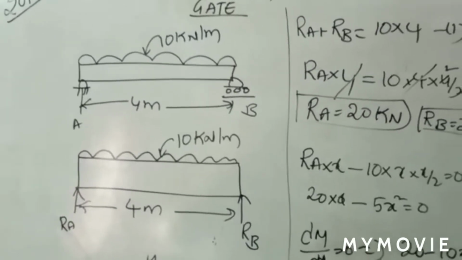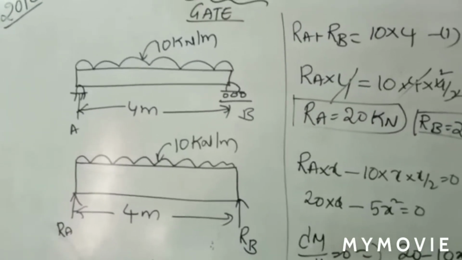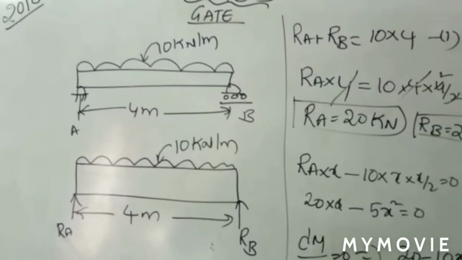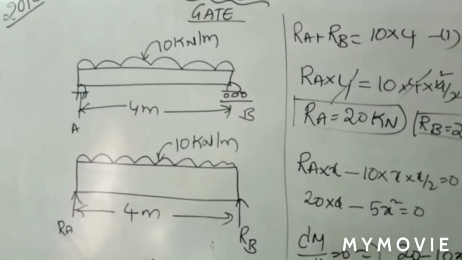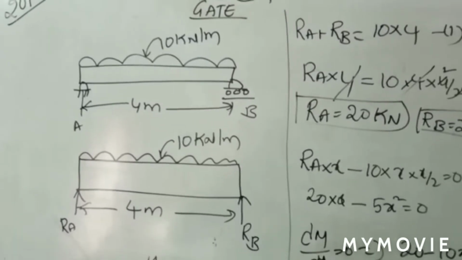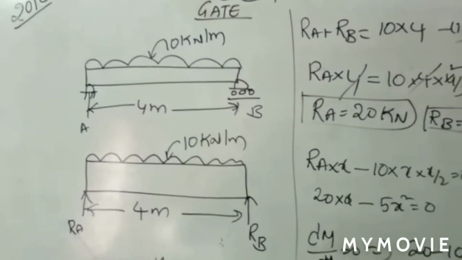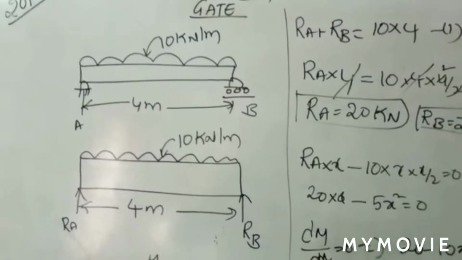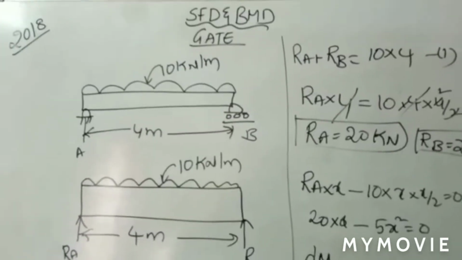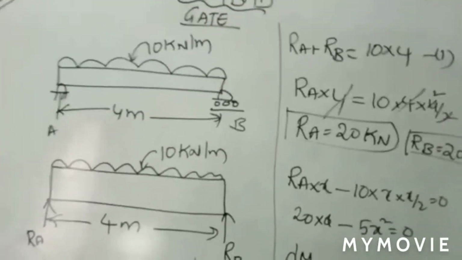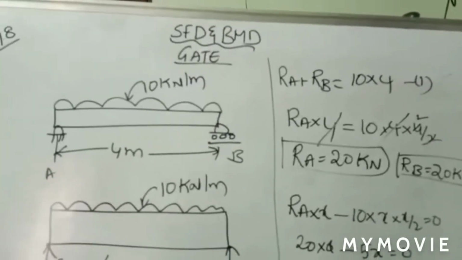right? If you have this kind of problem, there is some logic for maximum bending moment. What is the logic? Simple thing. First calculate the reaction forces directly. As usual you have a procedure, so according to that, calculate the reaction forces. After calculation of reaction forces, we already have an equation. Whenever you have a bending moment, you have the equation dM by dx equal to 0. That means at what distance you have maximum bending moment.